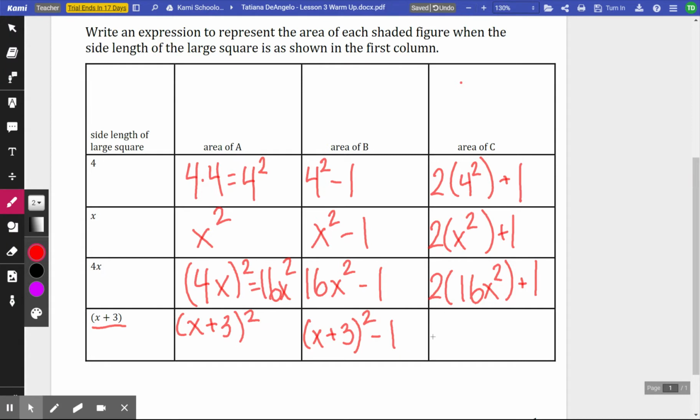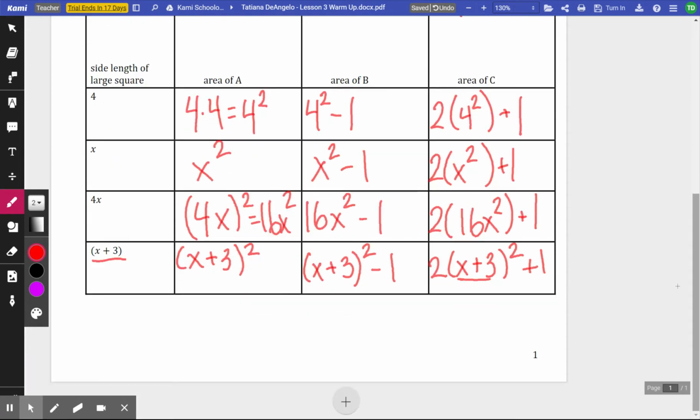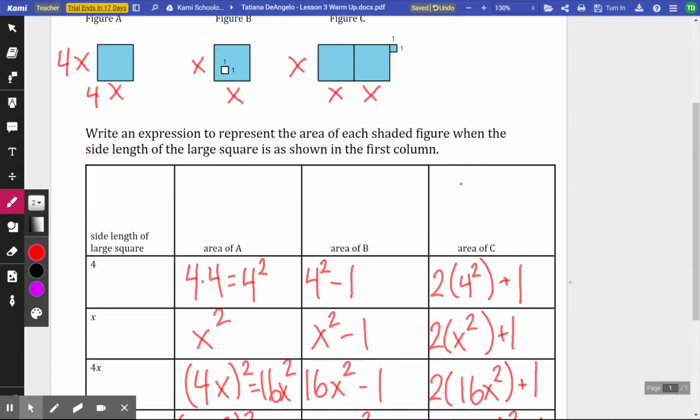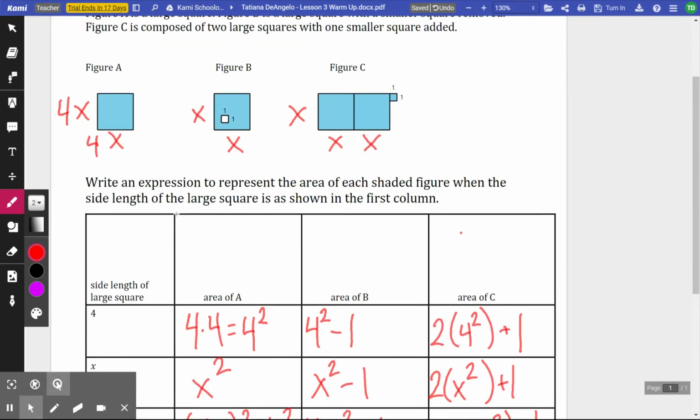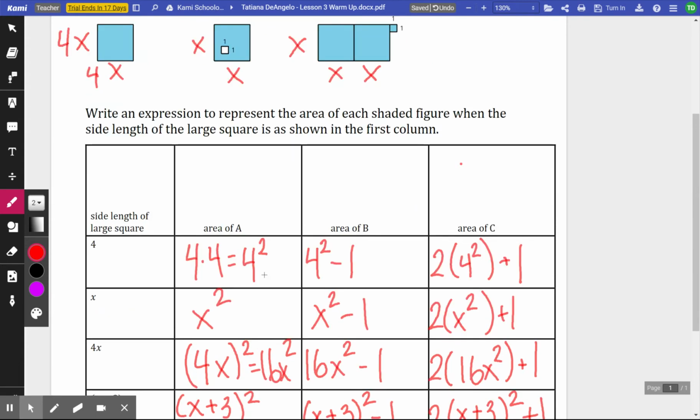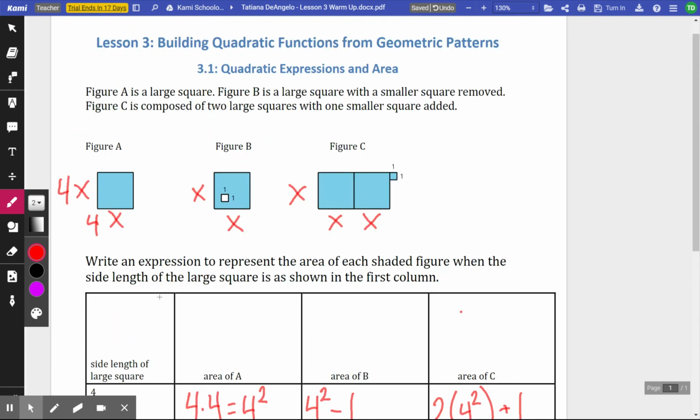And then here we know it should be 2 times the previous box from A, 2 times A, basically. That's where we're getting this from. 2 times (x plus 3) squared. And now we're adding 1 because there's an extra box there. All right, so go back and look at that and hopefully make some connections there between squares and what this exponent is. It's an exponent of 2, okay? Notice